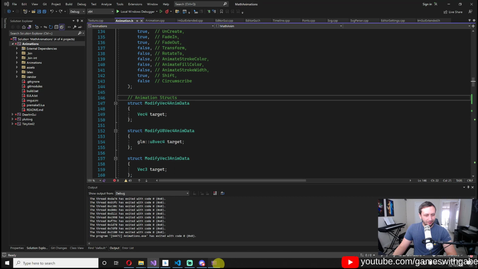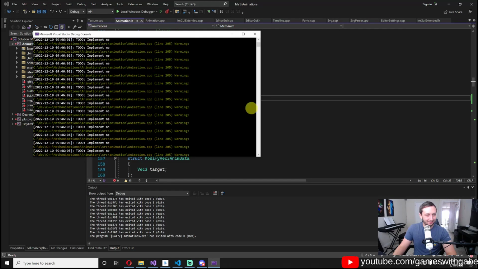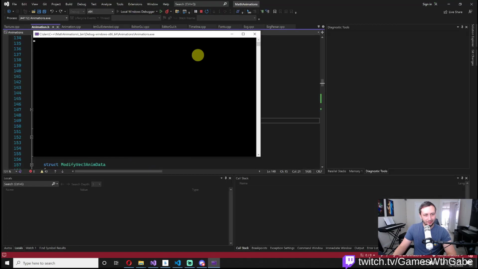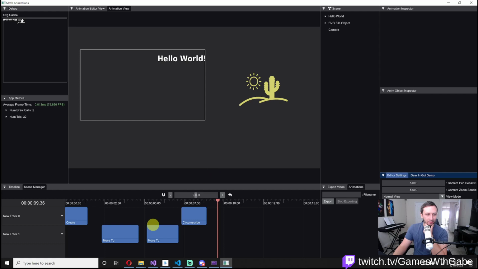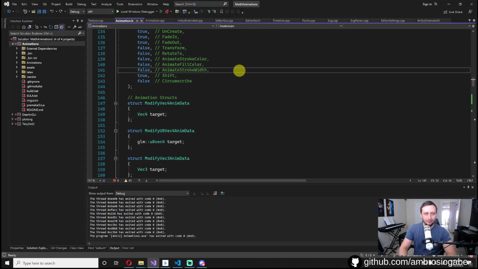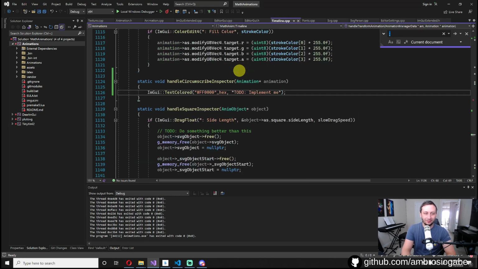Okay, so now we got the to-dos implement me. That's good. First of all, let's do the inspector. So first thing we want is when we click on a circumscribe, we have this to-do implement me. We want to add those options as options you can actually click on. So if we go to timeline, which is the most unintuitive file for this stuff that you would ever have,